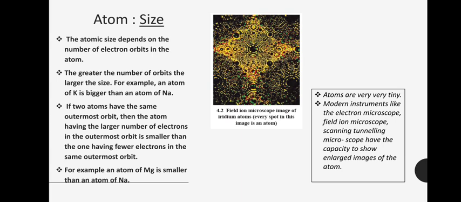Now if two atoms have the same outermost orbit, then the atom having the larger number of electrons in the outermost orbit is smaller than the one having fewer electrons in the same outermost orbit, correct? For example, if you have two atoms who have the same number of orbits, right? For example, magnesium and sodium, they both have the same number of orbits, but